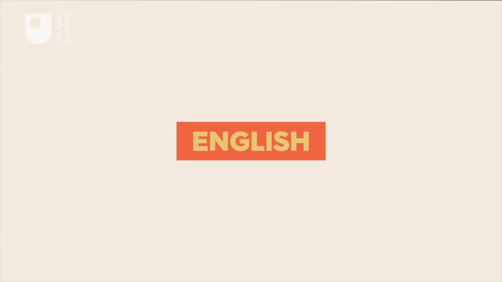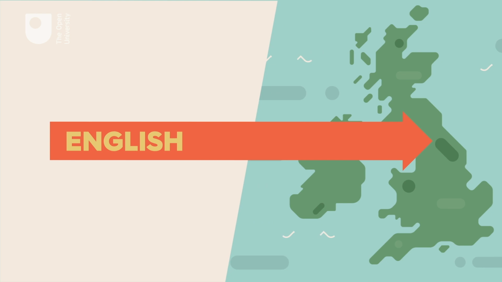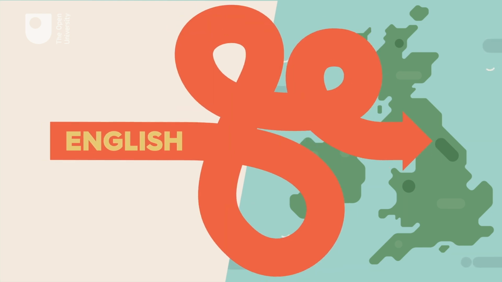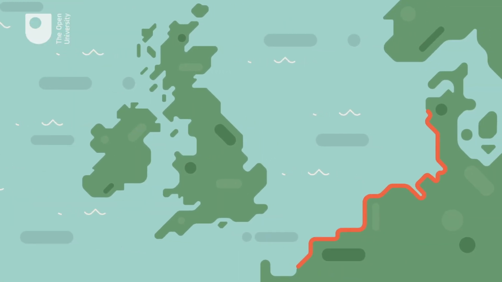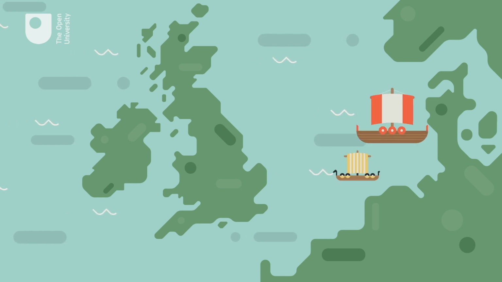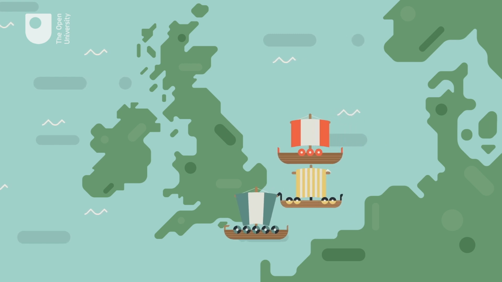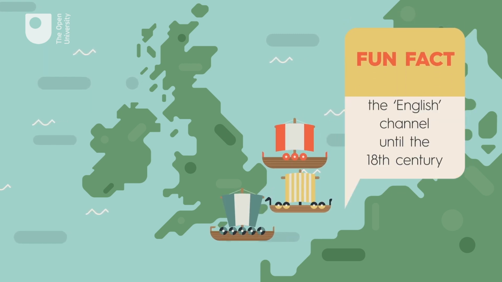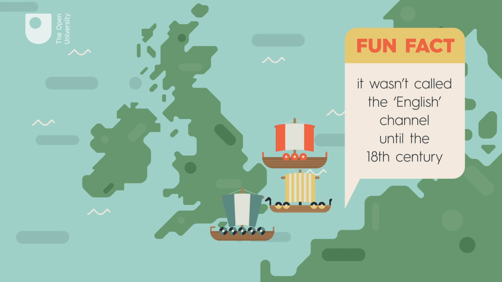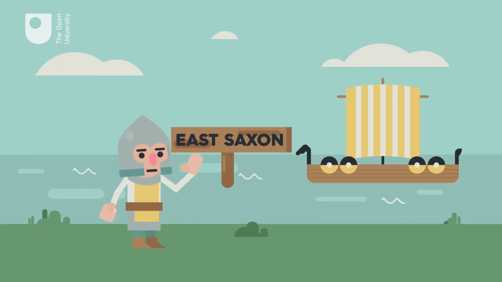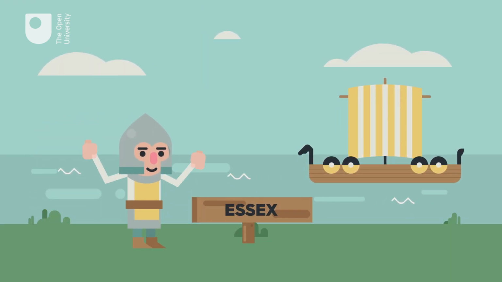The language is called English because of its associations with England, which sounds straightforward enough, although it's actually a bit more complicated than this. English had its roots here, in the north of Europe, although of course it wasn't called English then. There were a number of Germanic tribes, the Angles, Saxons and the Jutes, who crossed the Channel. It wasn't called the English Channel until the 18th century, and fanned out across the island of Great Britain,